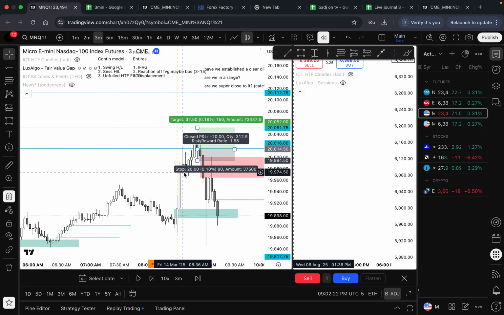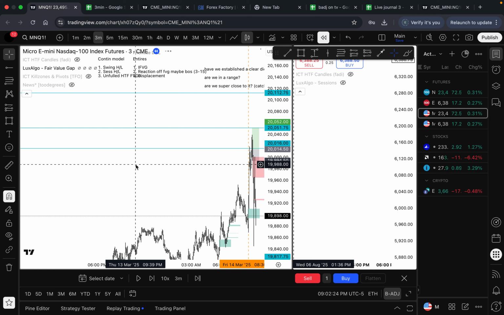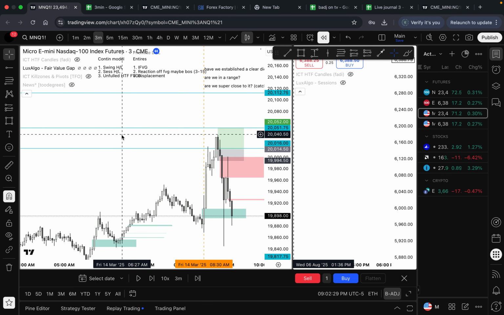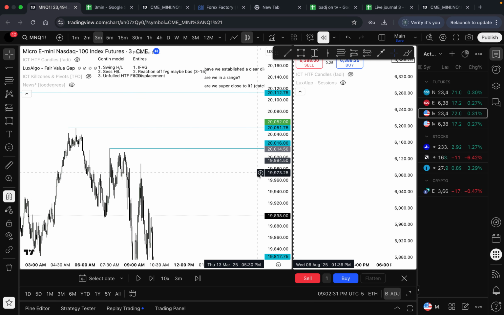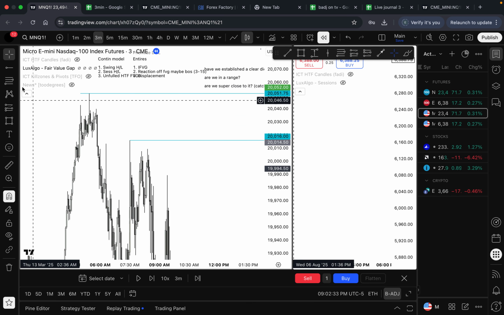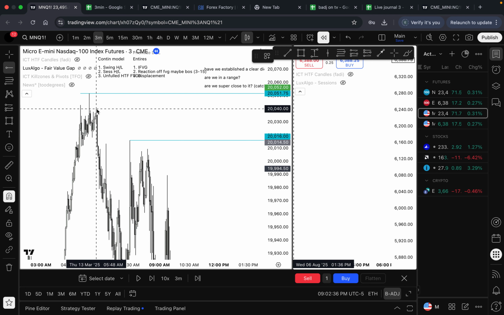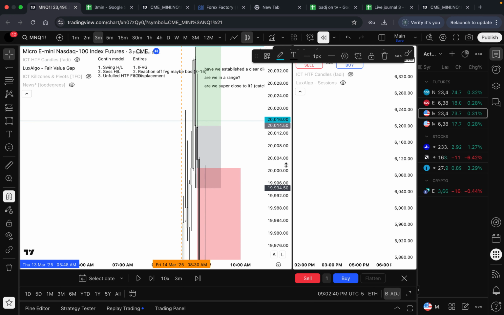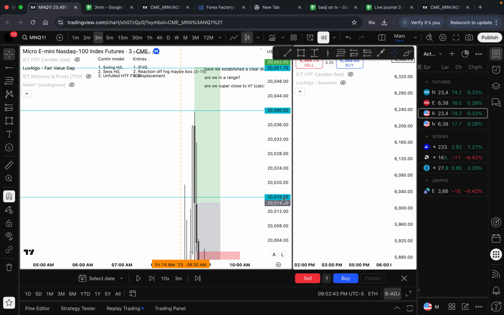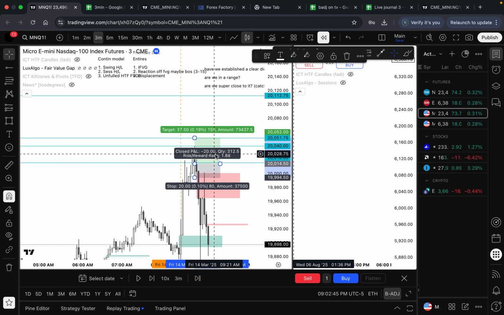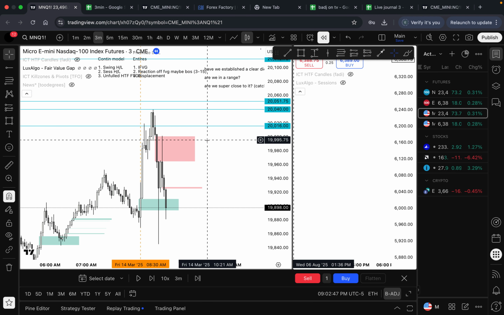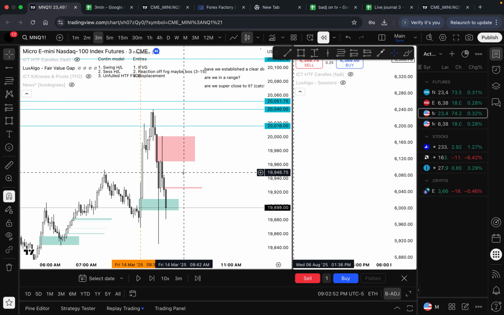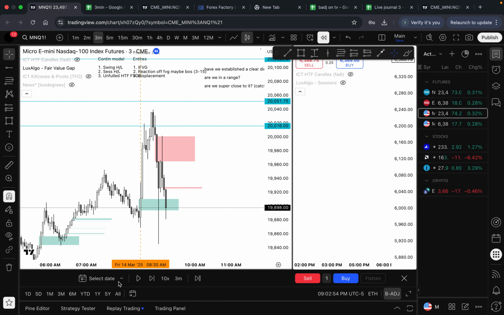Sadly, we edged this. Wait, let me see if there was anywhere to put a break even. This high? Possibly, I should have checked. One other thing, I usually go break even if there is a possible reversal point that is higher than... Wait, did we get it? Oh, I don't think we got it. Okay, I would have lost the trade. It's embarrassing, bro. I said I was either gonna win or get no trade, and honestly, that's probably where I would have entered. Very embarrassing.